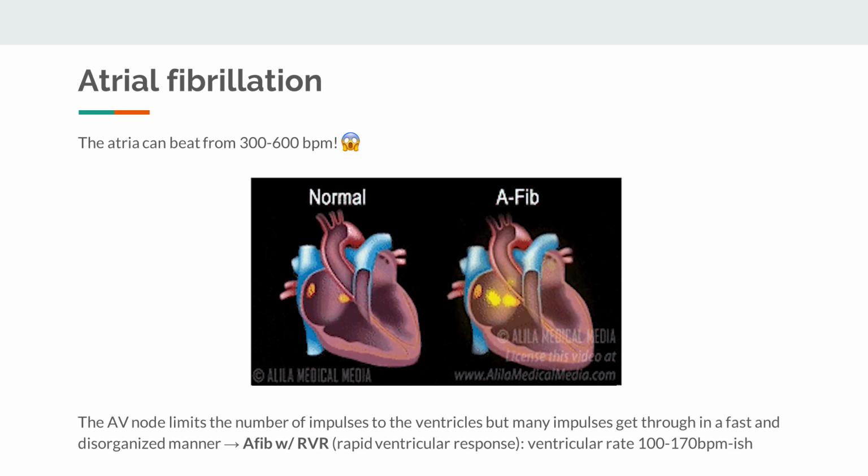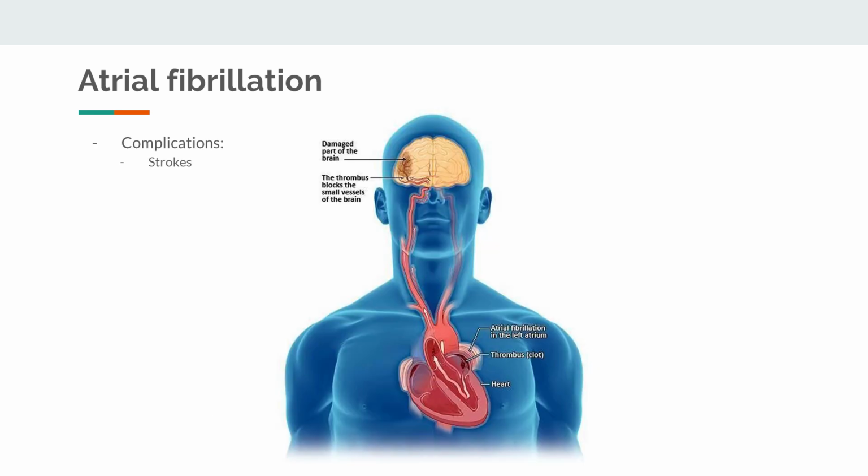Aside from the symptoms that AFib may cause, one of the dangers of AFib is that it could lead to strokes. Because the atria are quivering rather than squeezing, blood isn't really being pumped out. This can cause blood to pool in certain areas where it can begin to clot. If these clots were to get pumped out of the heart, one of the places they could become lodged is in the brain, which would be an example of an embolic stroke.